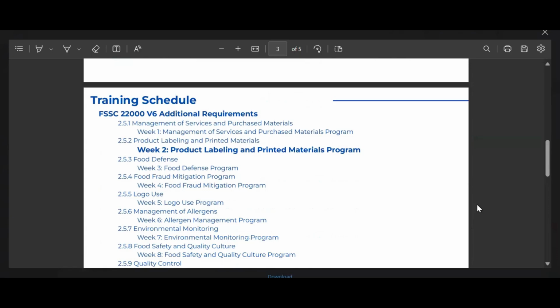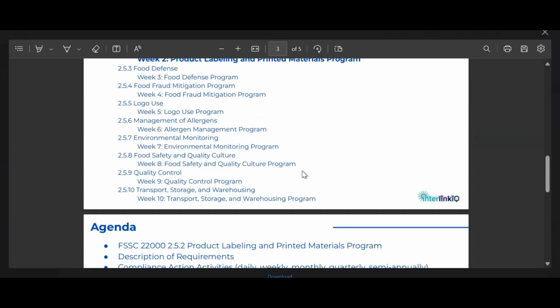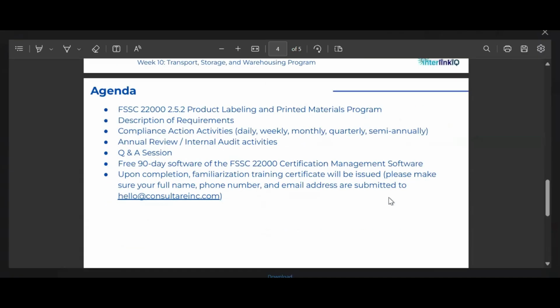For this week, we will cover the product labeling and printed materials program. In today's session, we will begin by familiarizing ourselves with the FSSC 22000 version 6 additional requirements, clause 2.5.2, product labeling and printed materials.